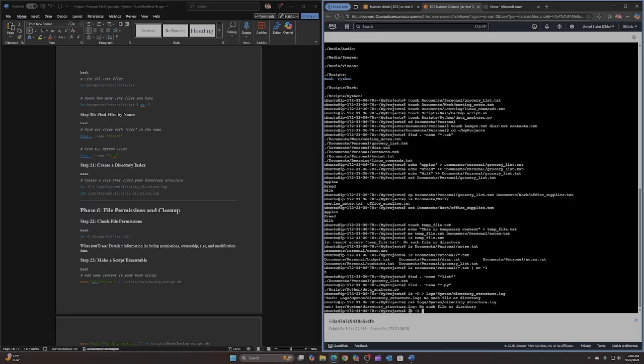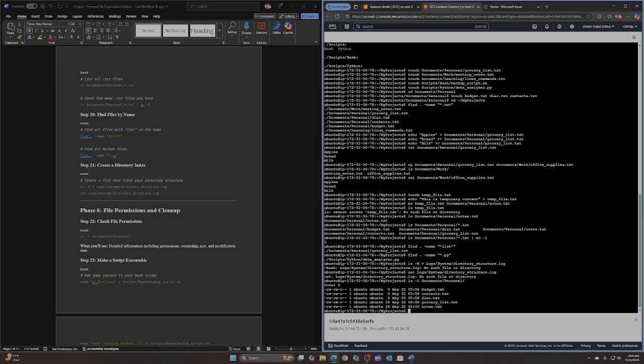gonna move on to phase 6 with file permissions and cleanup. Gonna look in the system, documents, personal. Okay, so we got the budgets, contacts, dir, grocery list,